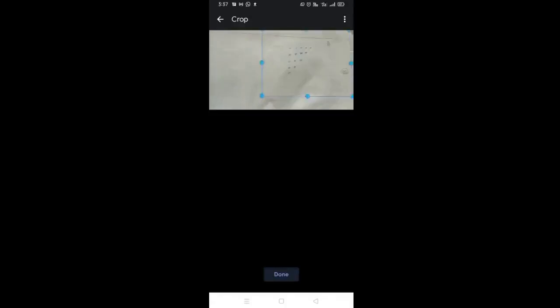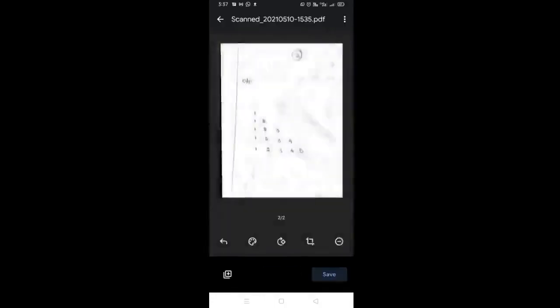Now the page is ready, so I am clicking on done. So you can see the page number is there, everything is there, so I am clicking on save option.